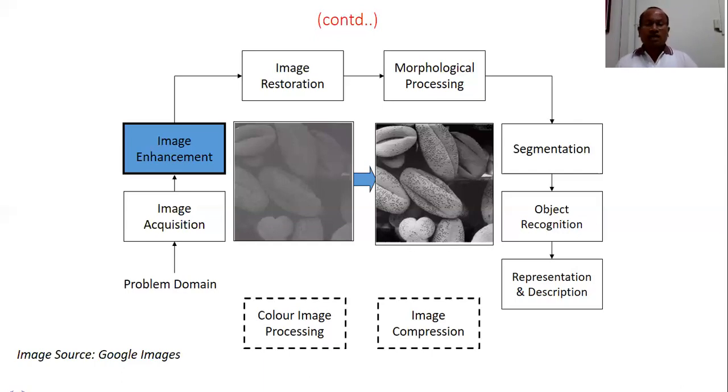So image enhancement is generally operated in two domains. One is the spatial domain, where you can directly manipulate the pixel values, and second is the transform domain. You can apply the Fourier transform to the input image, do something, and finally apply the inverse Fourier transform, and you can say that the image is a denoised, enhanced image. So image enhancement can be implemented in two domains, spatial domain and transform domain.